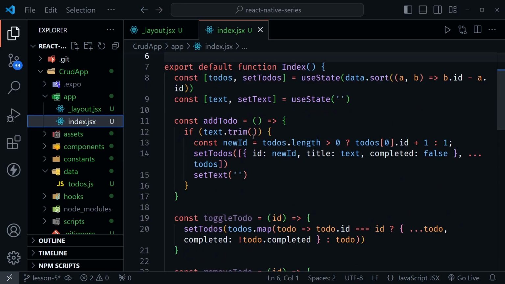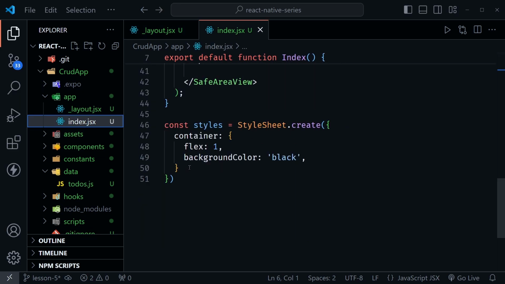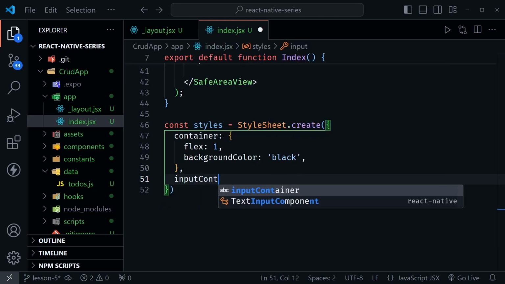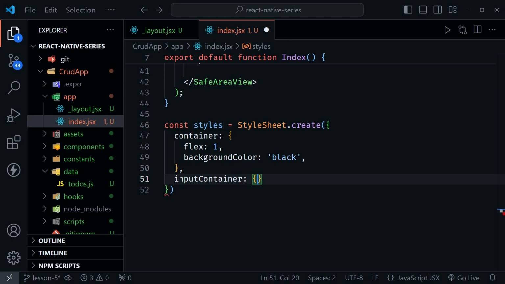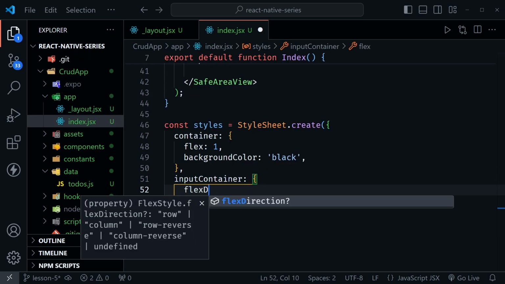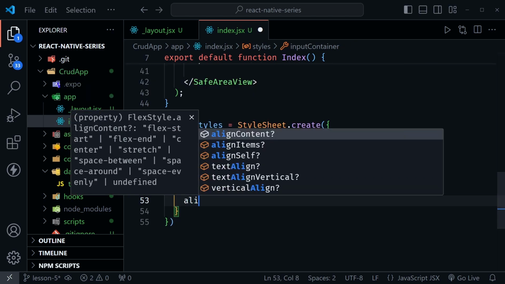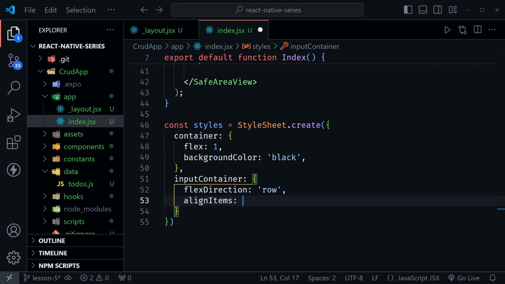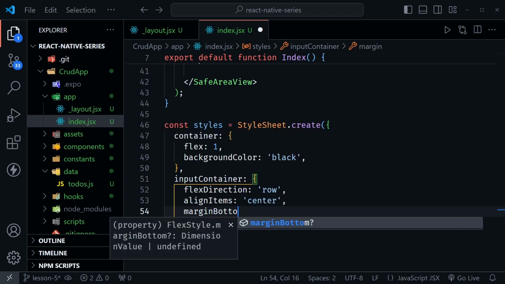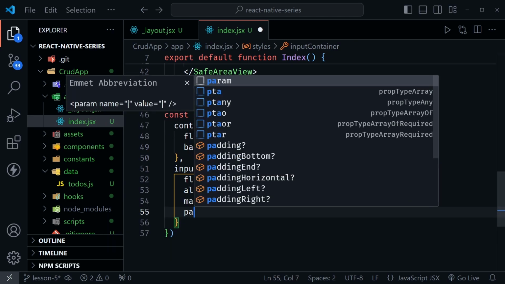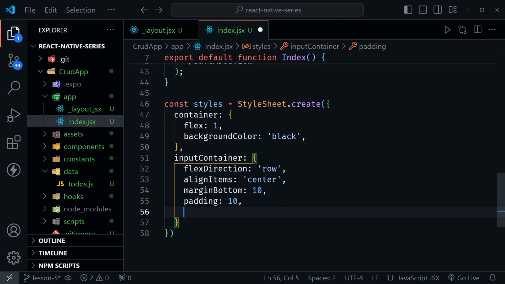Let's go back to our index, and after we added the container, now let's add the next container, and that is the input container. So we call that input container. Inside of here, we'll set the flex direction to a row. We'll align items to center. Let's also set the margin bottom. There we go. Margin bottom to 10. Padding to 10,